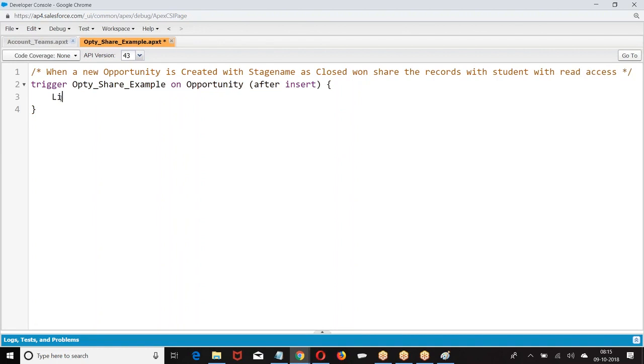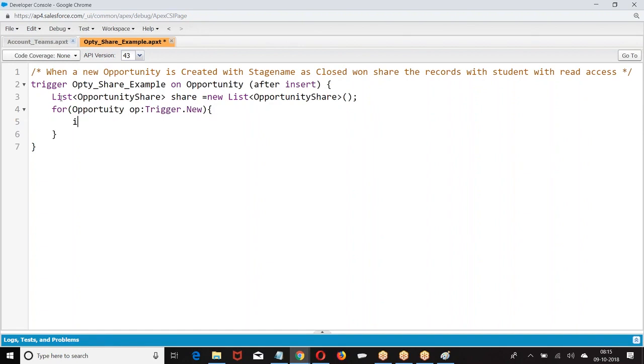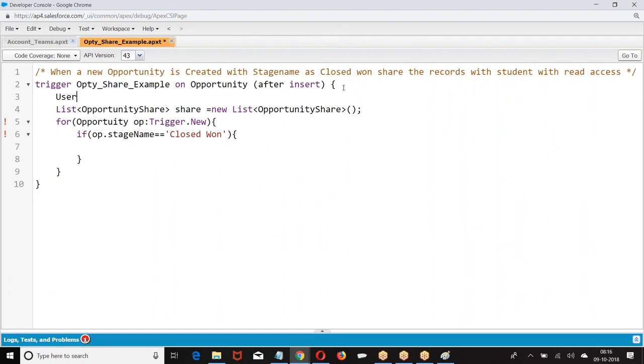Now we are taking a list of opportunity, taking one by one record. Check if opportunity dot stage name is closed one. If the stage name of the opportunity is closed one, then I want to share. With whom do you want to share?